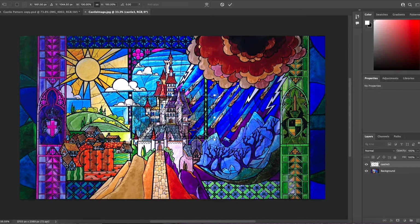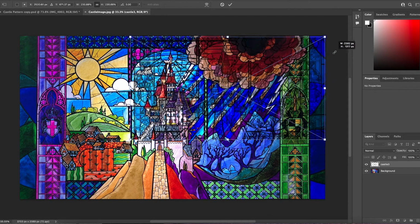So the first thing I did here was try to find a coloring page version of this image. That's how I stitched the original one. I just looked for coloring pages. Now I found several outline versions of this castle piece, and I was kind of choosing between them on which one I could blow up and still had the best detail to it. But then I put on a screenshot that I had taken of the actual image from the movie,